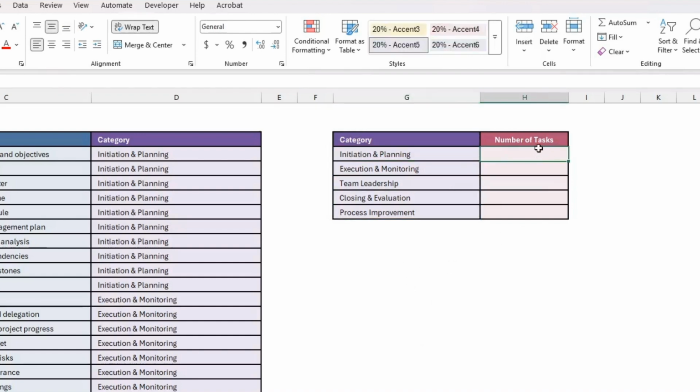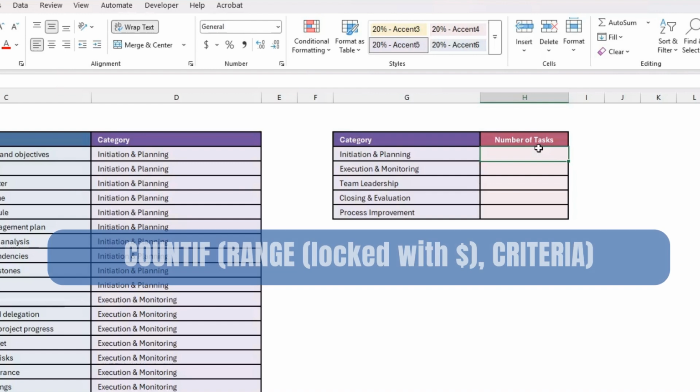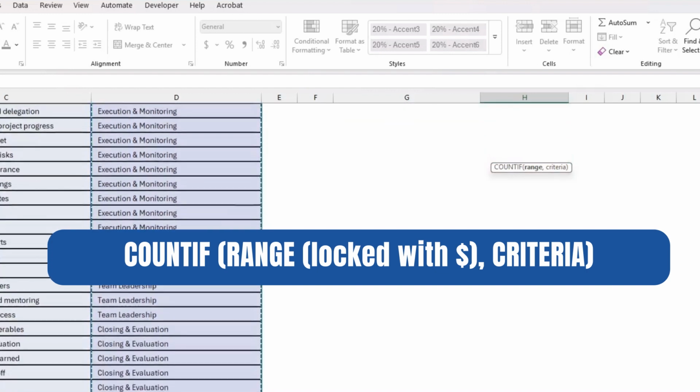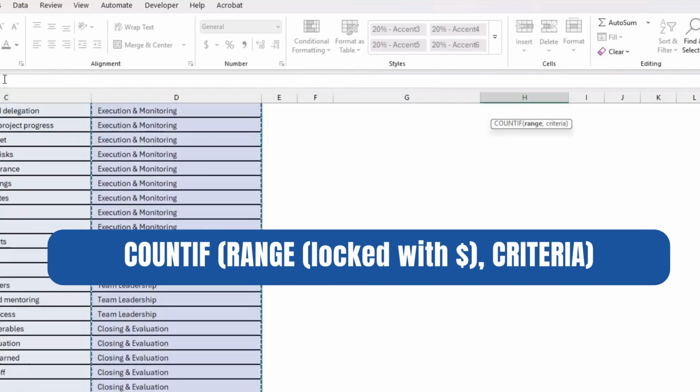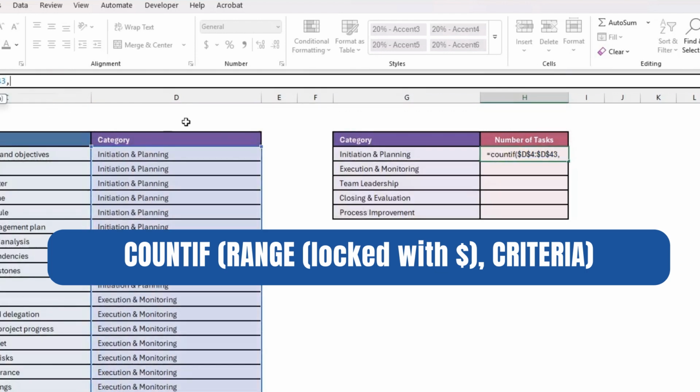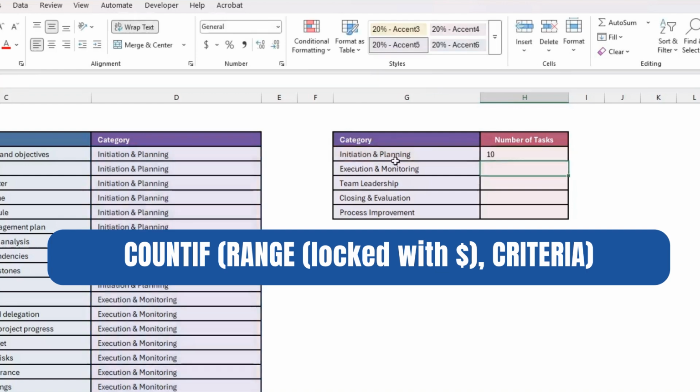Then you need to calculate the number of tasks. So here we'll be using the COUNTIF function. COUNTIF, you select the range of categories, not of tasks, of categories. And you press F4, so you have dollars all over the place because this is going to be fixed. And then in the second parameter of COUNTIF, you select the category which is on the left here. And here you don't need any dollar values, you just leave the cell as it is because we'll be copying that formula down. Here I'm just closing the parentheses and pressing enter, and that has calculated the